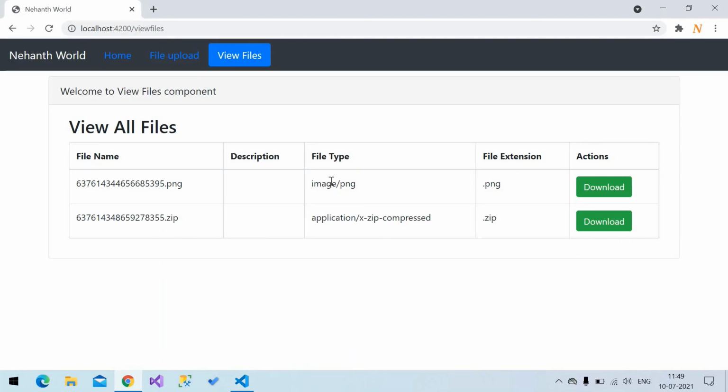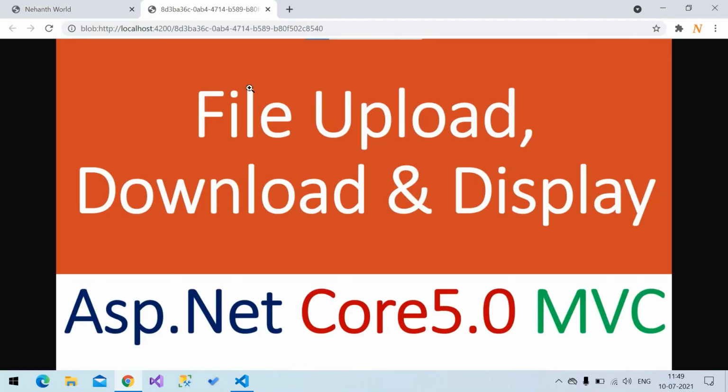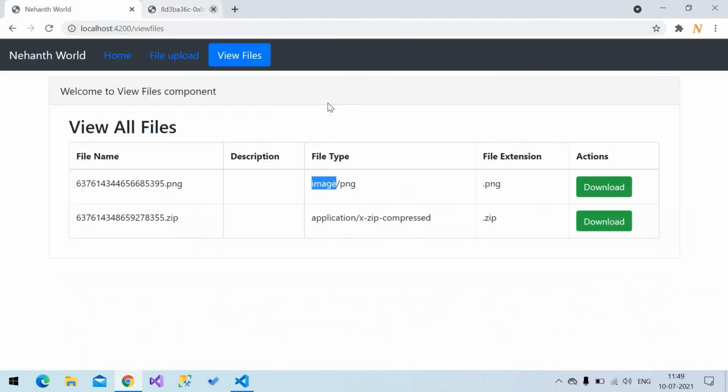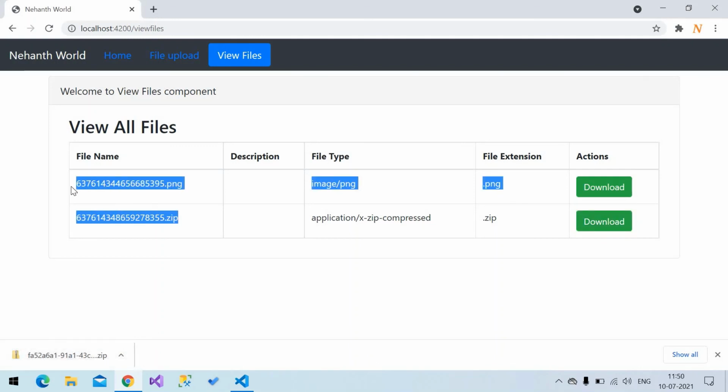Right now the browser can display an image, so if you click on download, it displays the image file. The browser can't display zip files, so if you click on zip file download, it gives you a download. So it is intelligent enough to do the job. This is how we can view and download the uploaded files.